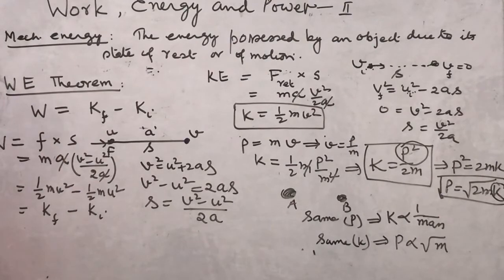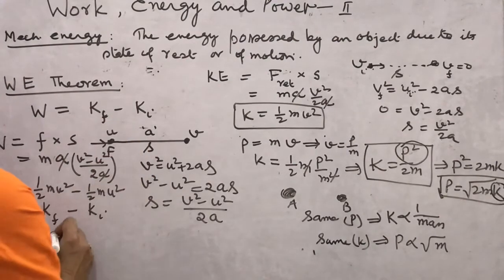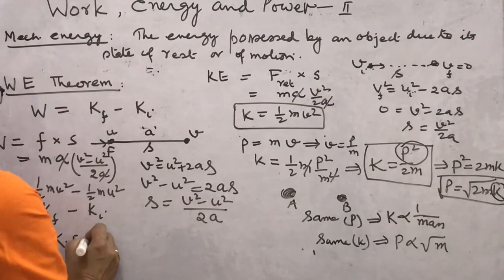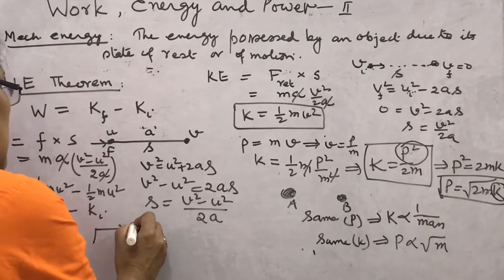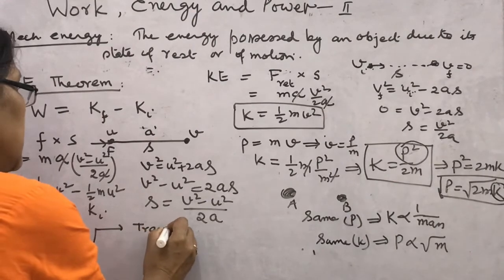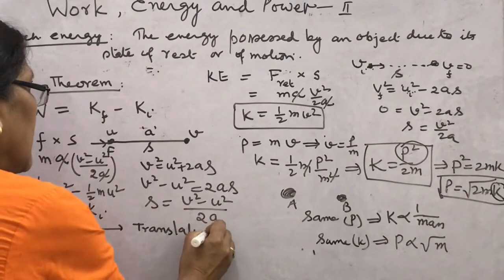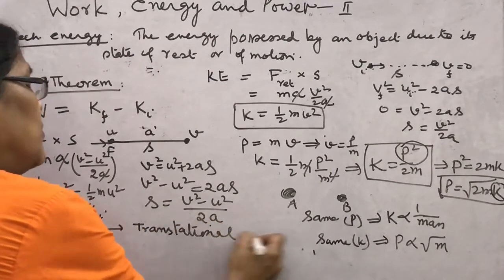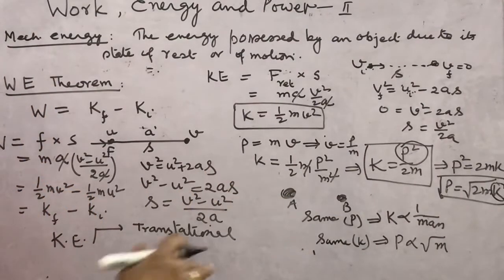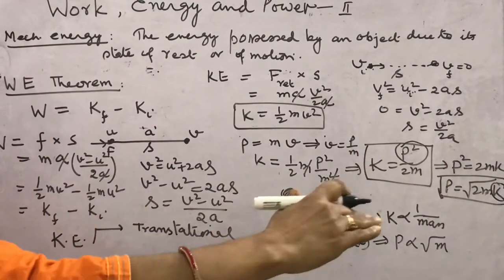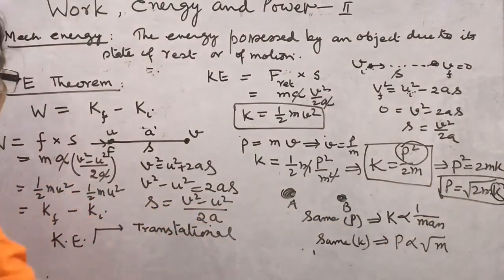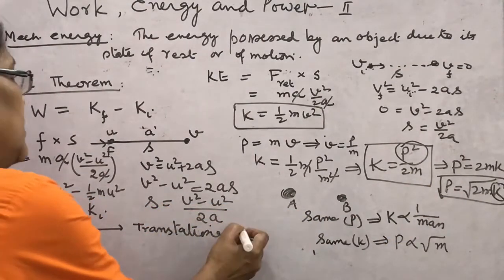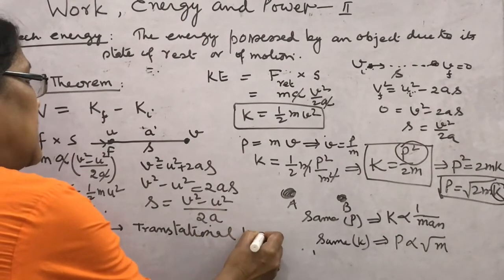Now, kinetic energy is also of 3 types. If you see the kinetic energy types, then it is translational kinetic energy, that is a car moving at a road, transfer of place. Translation motion means transfer of place. So, in a certain direction a vehicle is moving, it has kinetic energy, that is called translational kinetic energy.